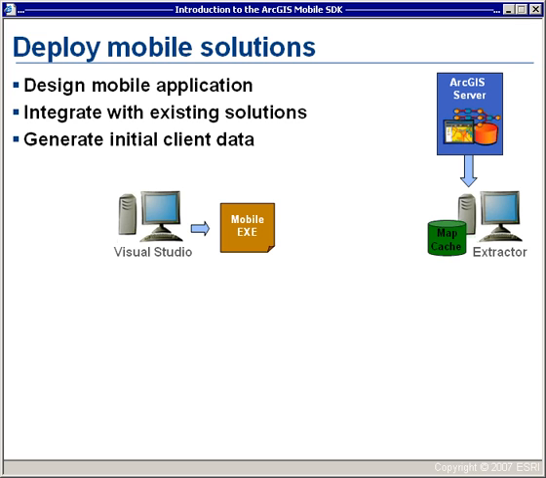Today our wireless connectivity scenarios, although they're getting much better, we're still not at a point where we want to be pulling tens or hundreds of megabytes of data out over the wireless connection, especially a cellular data service. So to get around this, we use the data extractor in the office to pull data from ArcGIS Server, bundle it up with the executable and DLLs, create this deployment package,